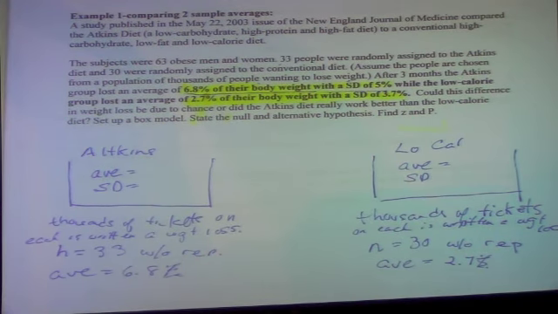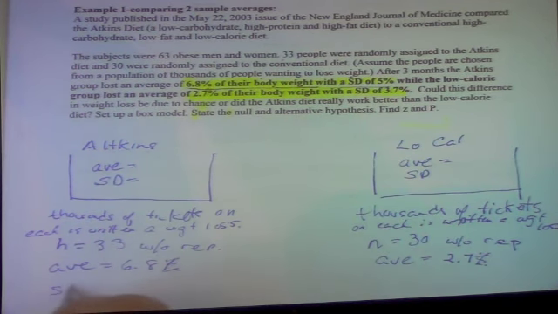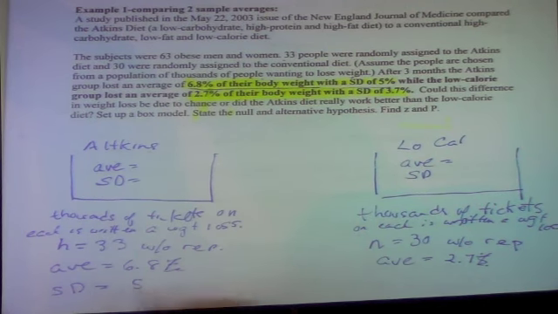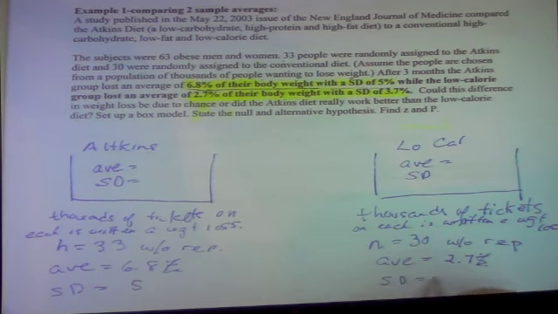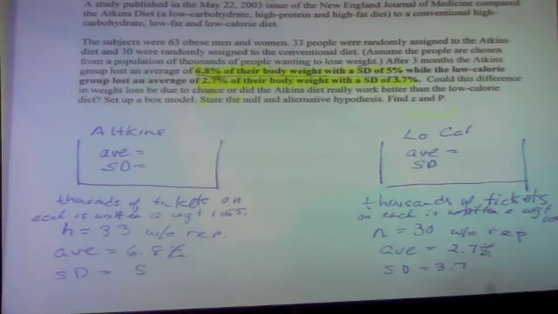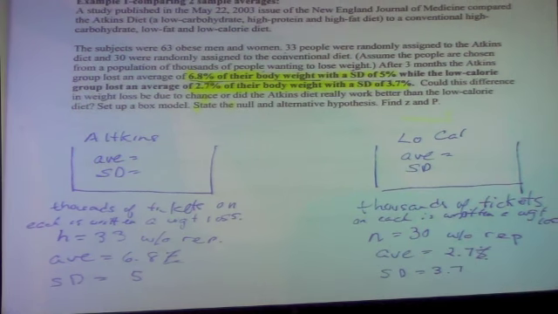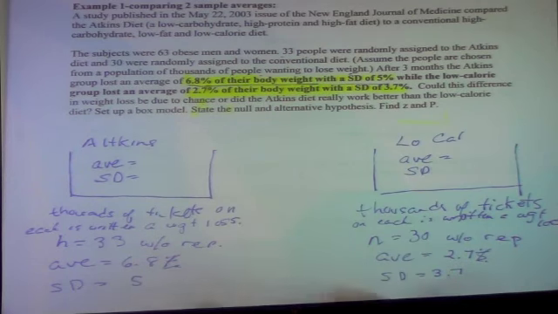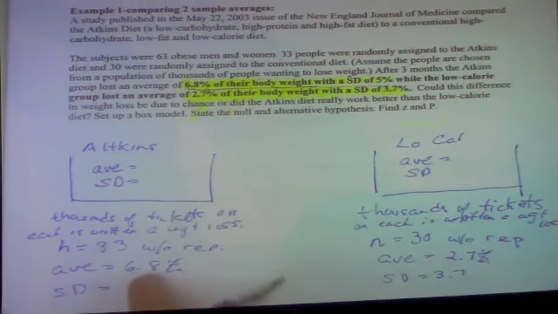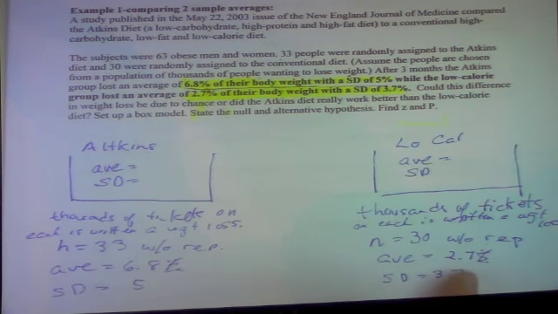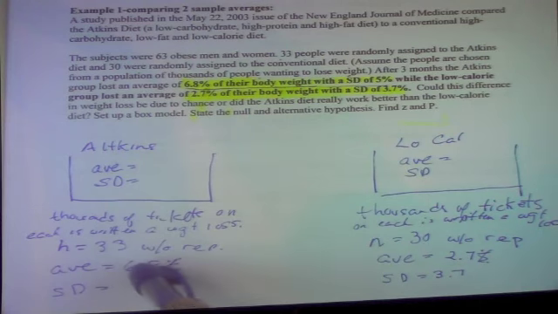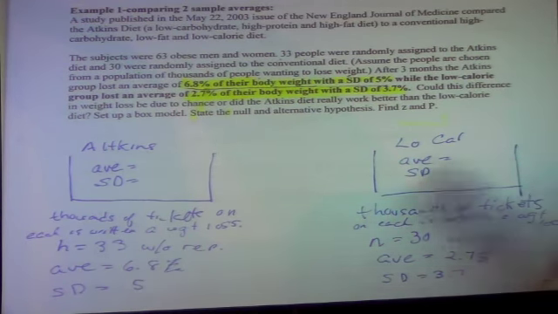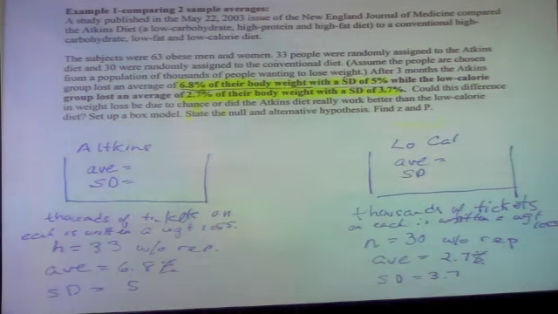Okay. So now, what was their standard deviation? We were given that. That was 5. I'm going to forget the percent. And here the standard deviation was 3.7. All right. Now, what does the null say? The null says, okay, yeah, you got more weight loss from this Atkins than you did from that. You only have 33 people here. If you took a different 33 people, you might get less weight loss, and if you took a different 30 people from here, you might get more. What I'm telling you is these diets don't work. They're the same. That's what the null says.